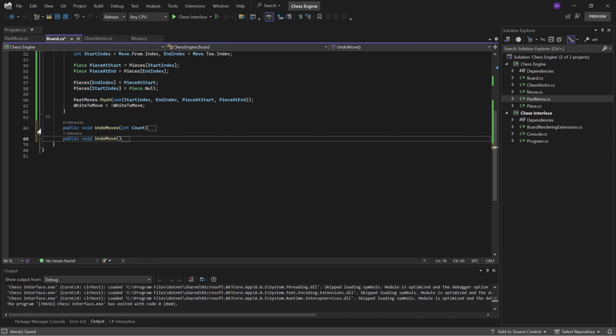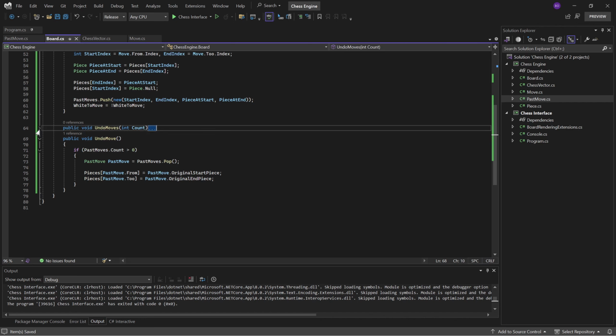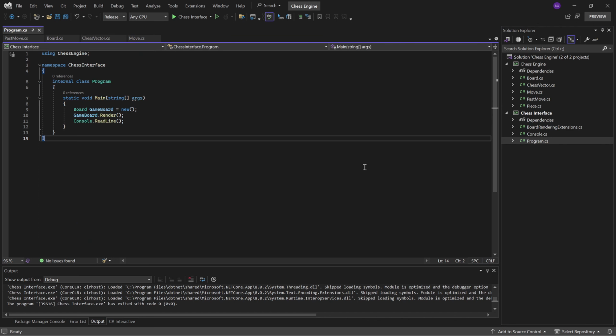And that's it. This method above, actually I'm going to keep that expanded. This method above just says that we can take in an amount of moves we want to undo, and we will keep undoing until we've either undone the correct amount of moves, or we have no moves to undo. And that's it. That is undoing moves. Now all we need to do is capture the user input in our program, so over here,